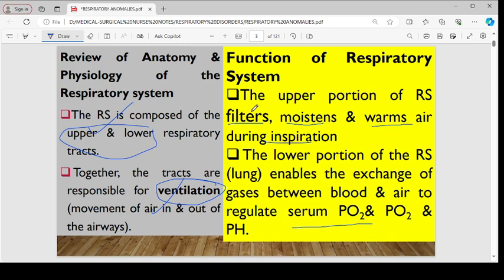The respiratory system has major functions. The upper portion, the upper respiratory tract, has the major function of filtering air, moistening it, and warming the air during inspiration. The lower portion, which is mainly made up of the lungs, enables the exchange of gases between blood and air, and regulates the partial pressure of both carbon dioxide and oxygen together with the